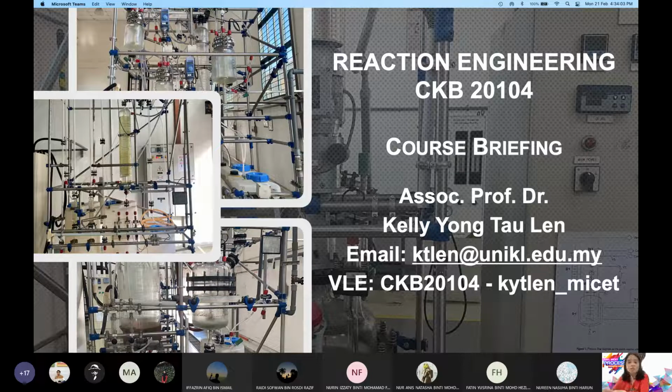So what's the engineer's role? The engineer's role is now designing the system in which the chemical reaction will take place. And in reaction engineering, we're talking about basically designing only one equipment, which is the reactor. So you might think, why is one subject 4 credit hours to basically design one reactor? It is because the reactor is the heart of any chemical plant. Meaning, if your chemical plant has reaction taking place, or any production of any chemical that needs reaction, you will have a reactor, the equipment. So you will learn how to design reactors in reaction engineering.